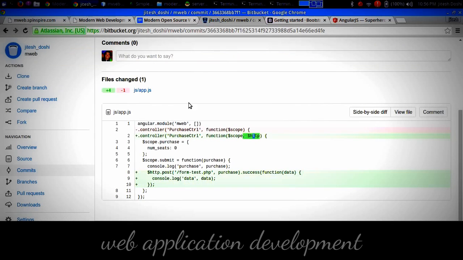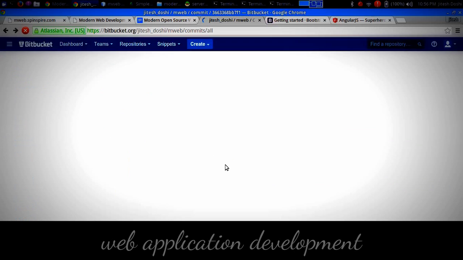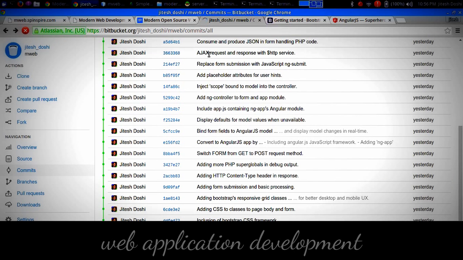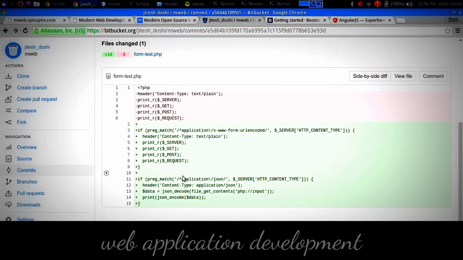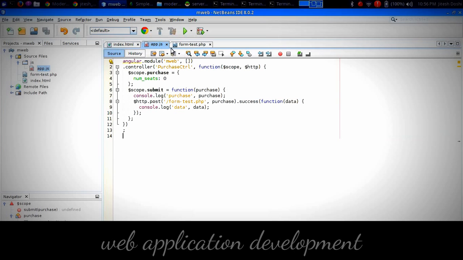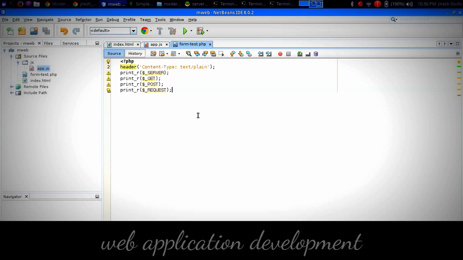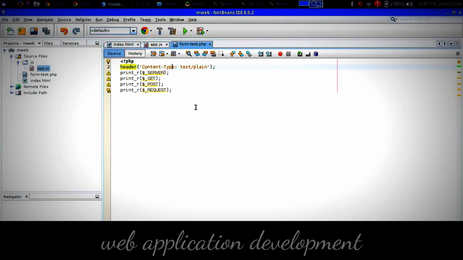Actually, it's a pretty useful thing. Now what we can do is modify our test form so that it can consume JSON. So how can it consume JSON? Well, we simply check the content type. So let's do that in the form test.php, I'm sorry, which says